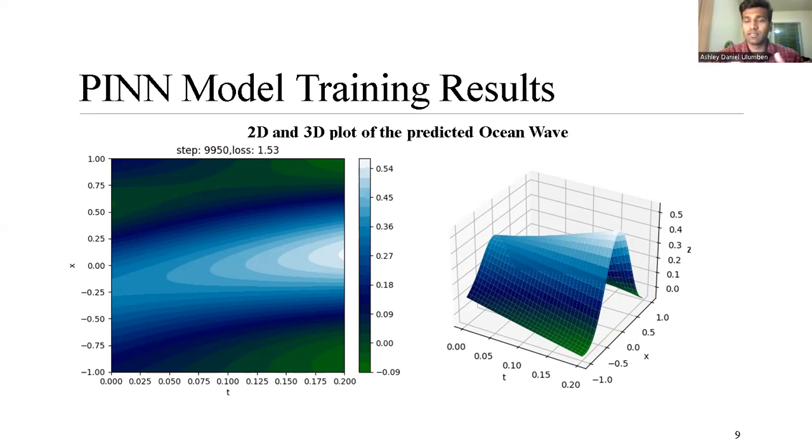The t-axis is the time step of 0 to 0.2 seconds, and the x-axis is the coordinate system, which is from -1 to 1, and the z-axis is the function u,